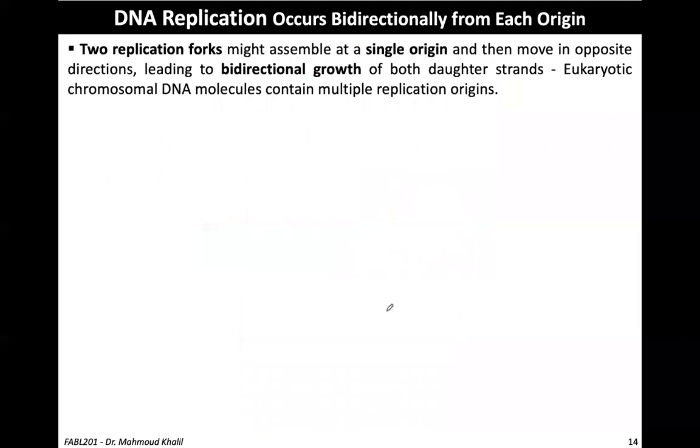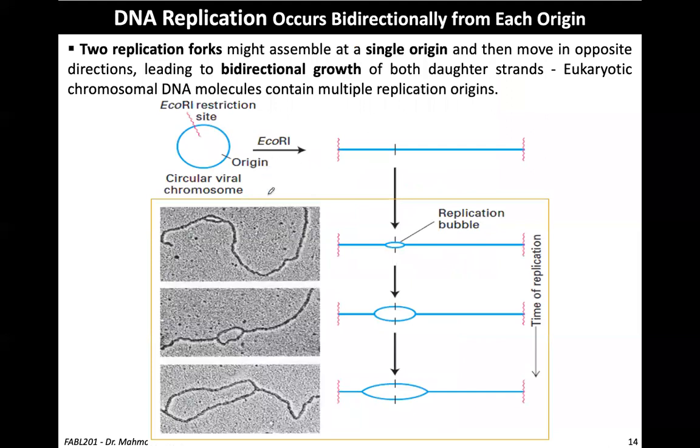So continuing, DNA replication occurs in a bidirectional mechanism. You can see here a real micrograph from a circular viral chromosome, and you can see that the replication starts here, and this replication bubble starts to increase. This circular viral chromosome has been cut by an enzyme called EcoR1, which is a restriction enzyme,